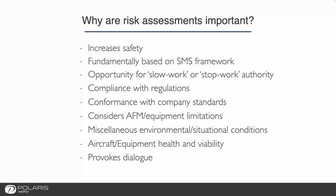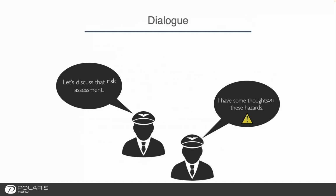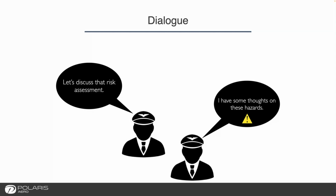And I'm emphasizing provoking dialogue because it's not just about knowing that you've completed the hazard identification part. It's also about understanding how those hazards can affect your operation, and you might not necessarily know that unless you have a dialogue around these hazards. So there are a multitude of different reasons why dialogue is important. I'm going to share just a couple of them, and I'll try to get through this fairly quickly here. The first one is